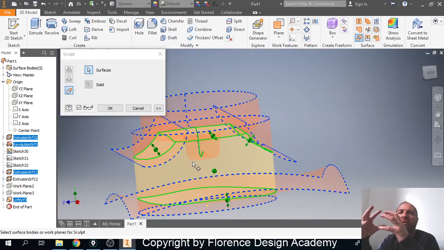That is the volume that these surfaces are holding inside, and with Sculpt you can turn that empty volume into a solid. So I click OK,